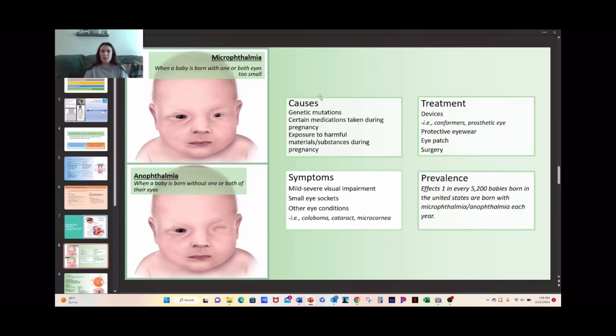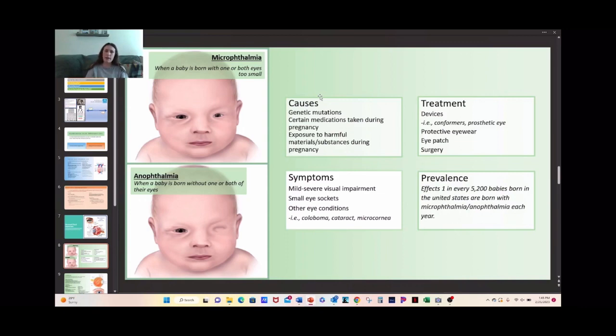Some causes are genetic mutations or abnormalities. Certain medications taken during pregnancy can lead to this. Exposure to harmful materials or substances during pregnancy, so, for example, X-ray radiation could be a cause. Symptoms vary,